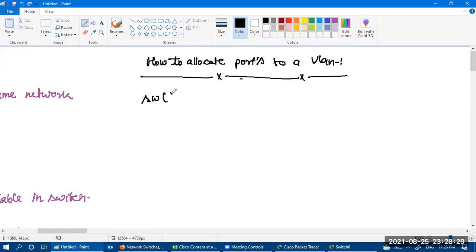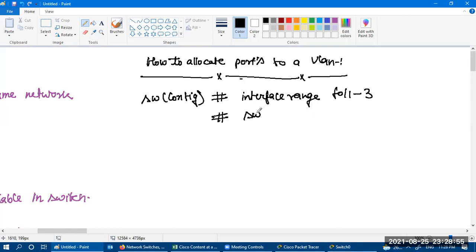So again, switch config. Then you have to say interface range. What is my range? Like F0/1 to 3. So I'm talking about F0/1, F0/2, and F0/3.